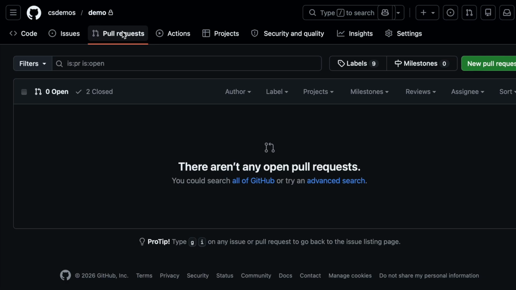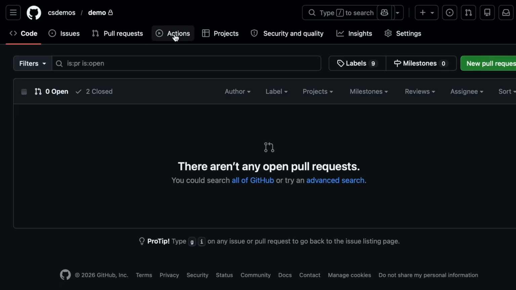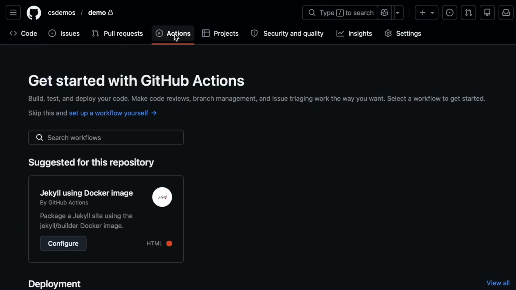A pull request is a way to propose and review changes from one branch before merging them into another branch on GitHub. Actions on GitHub allow you to automate workflows, such as building, testing, and deploying your code, whenever certain events occur